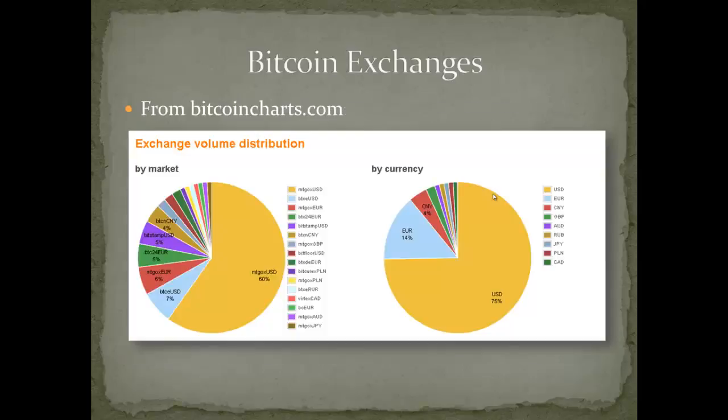I've included a slide here. It gives you an idea of the exchange volume. So Mt. Gox, as I said, is handling most of the trade volume, about 60%. And then you see 7% for BTCE. Mt. Gox Europe has got 6%. BTC 24 euro is 5%. What's interesting is Mt. Gox used to have almost 90% of the trade volume, and it's decreased to 60%, which is a good thing. It means that we're starting to see a little bit more variety and diversification in the